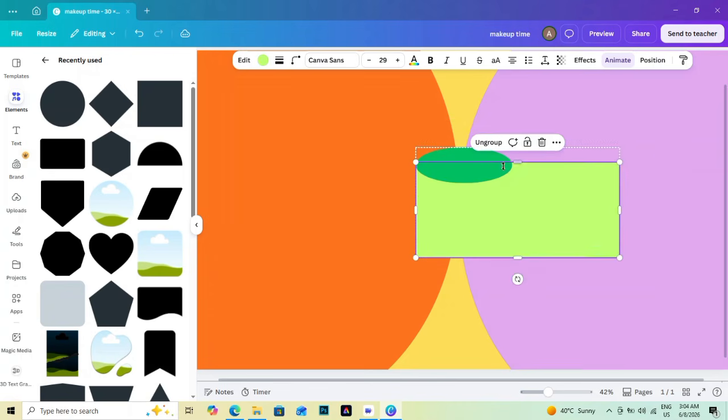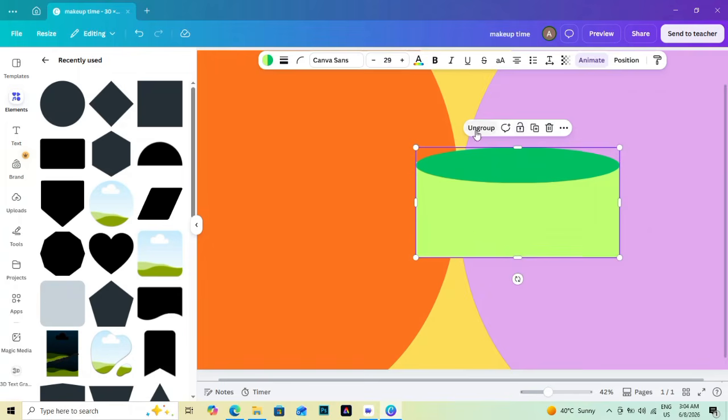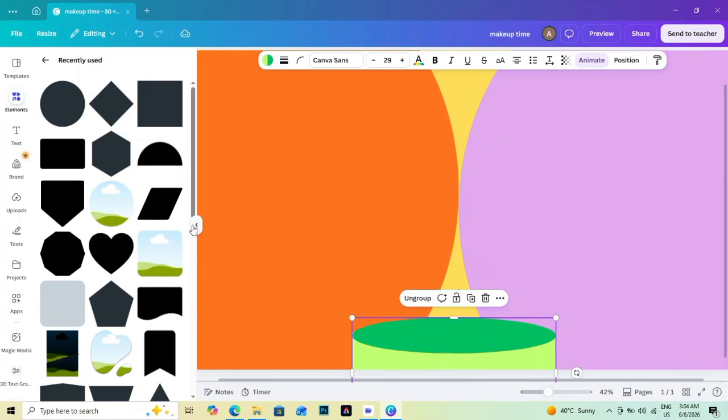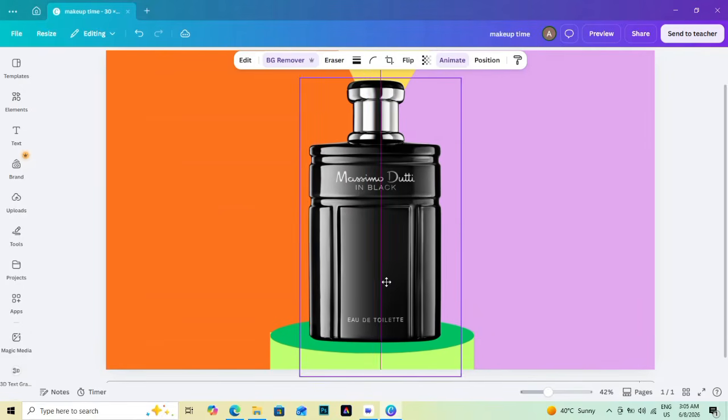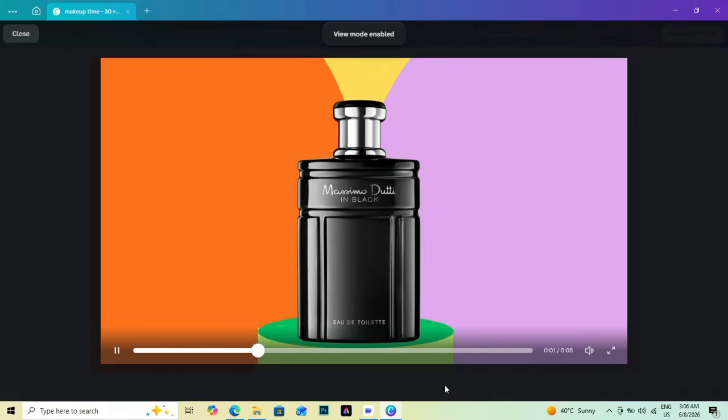Select one frame and enlarge it slightly to establish hierarchy while maintaining balance. Apply soft shadow effects to all frames and lower the intensity until they feel natural. Add thin borders